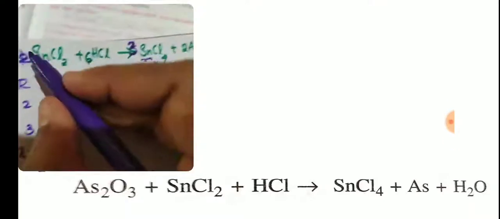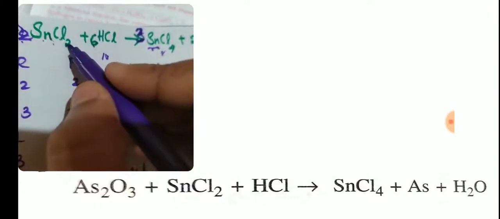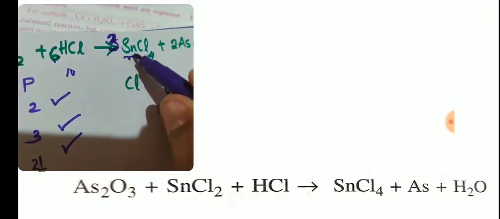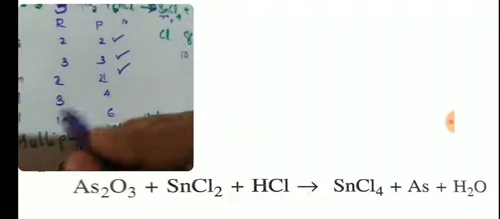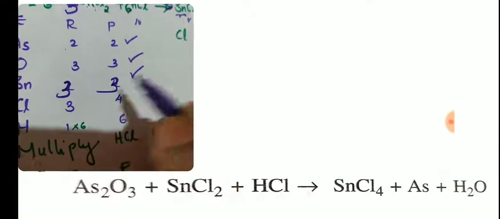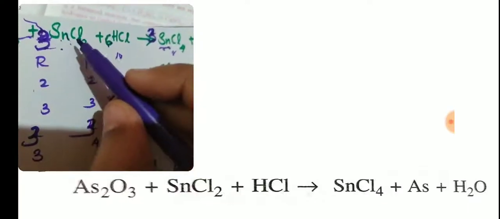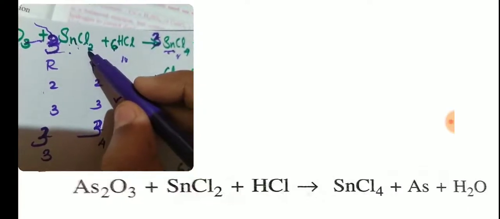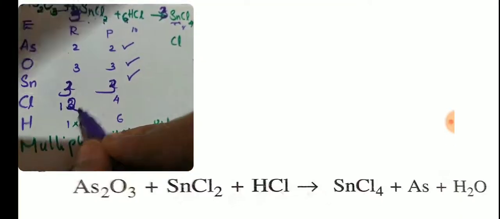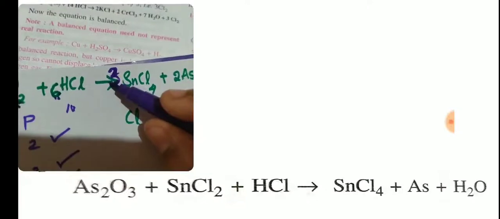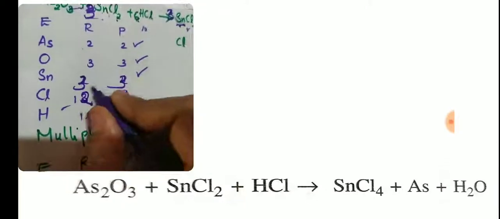But here how many are there? Only 6 chlorine plus 2 only. Right? And how many Sn are there? Only 3 Sn. So again I am changing it as 3. So now Sn is 3 here, 3 Sn, 3 Sn. See, 3 in the reactant side, 3 in the product side. Then chlorine, how will it come? 3 2s are 6 plus 6, 12 chlorine in the reactant side. In the same way, 4 3s are 12 chlorine in the product side also. So now chlorine is also balanced, Sn is also balanced.